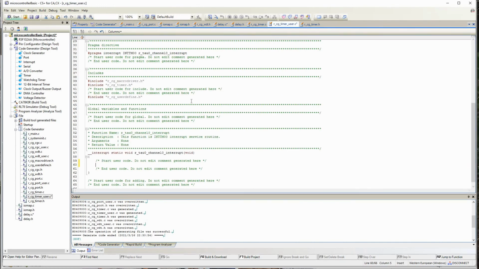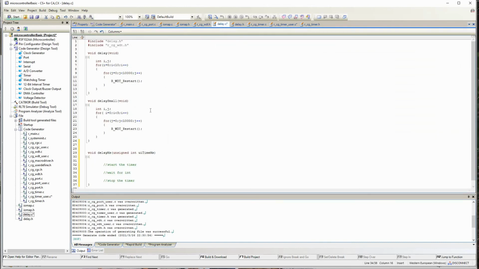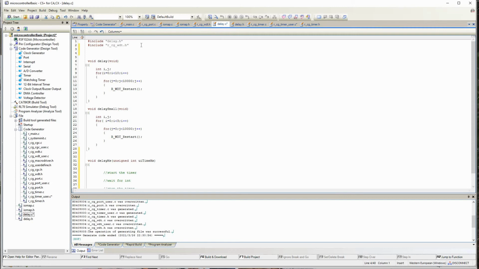In our case, we are setting up a timer interrupt. This interrupt will be called every 1 millisecond. That is what we have set it up for. To check this, let's create a flag in delay.c. You can name it unsigned character UC flag timer 0 interrupt, equal to 0.